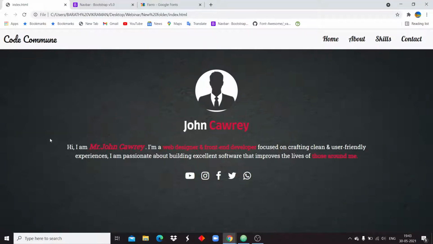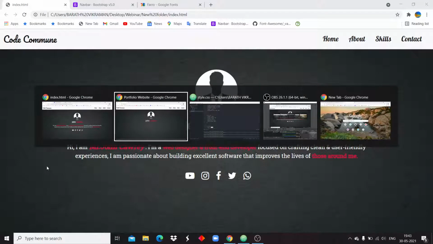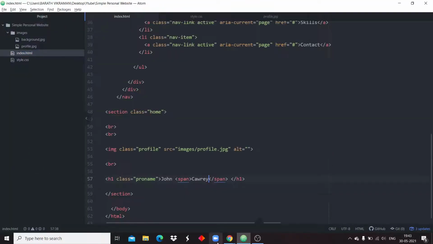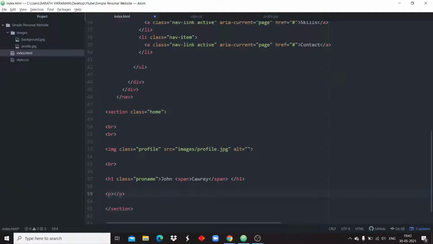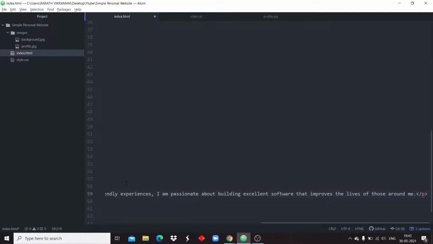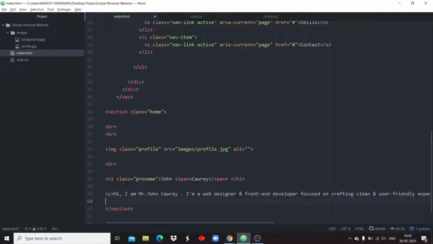Next, we need to write this code. For this, I am using the paragraph tag. Below this, I am including a paragraph tag. I am just copying this and pasting it. You can include whatever you want. I'm just saving.